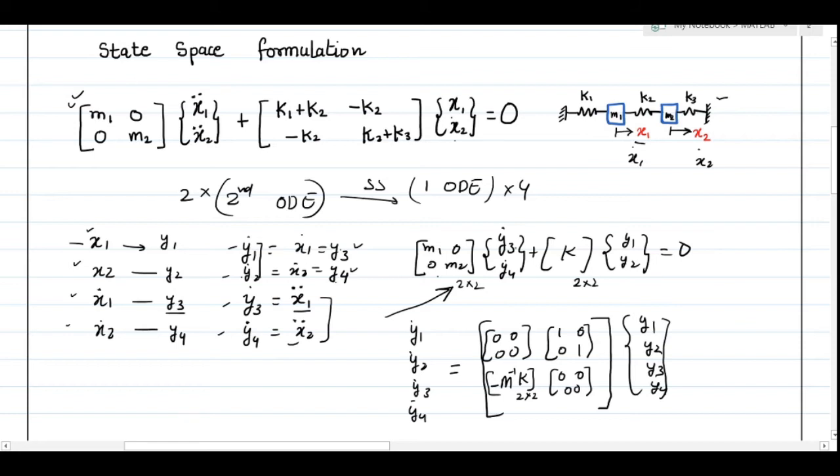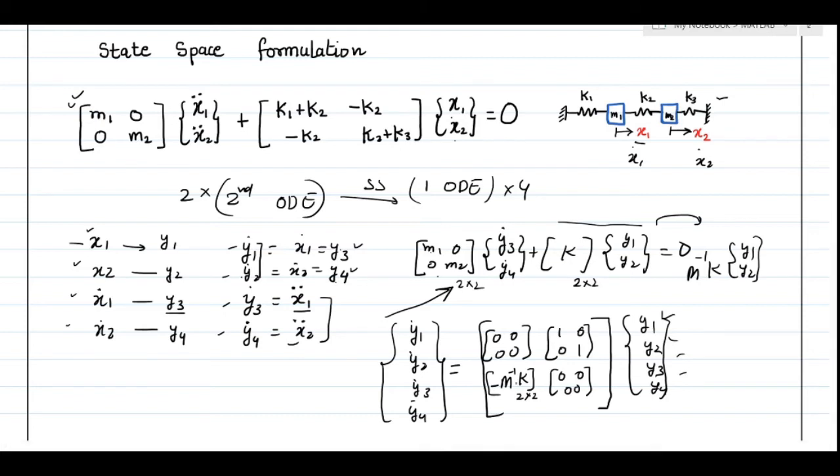I am writing so, because if you see here, I will rearrange. I will take this term to the right hand side, so there will be a negative sign, and then I can put this M in inverse form. So ultimately this equation will become minus M inverse K and this y1 and y2. So using this mathematical alteration, I am writing my final equation where the left hand side has the derivative of your state variable. On the right hand side, you have four state variables as well as a coefficient matrix. And writing this coefficient matrix is very important because it will make your MATLAB code very simple.